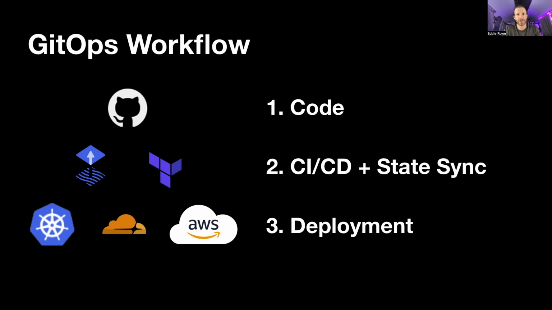GitOps workflows really shine in the cloud-native microservices and Kubernetes world, but they can also be utilized for on-premise and hybrid systems just as easily. I think the Tripwire CTO, his name is Gene Kim, describes the subtle difference between DevOps and GitOps really well in his book, The Phoenix Project. He says the second way is about creating right-to-left feedback loops. And in many cases, those right-to-left feedback loops involve the utilization of Terraform Cloud, drift detection, and Flux or Argo